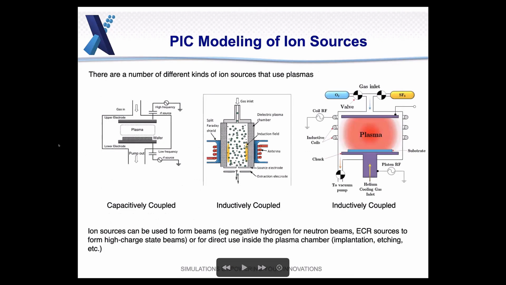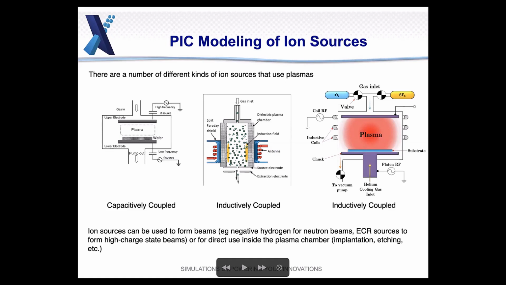First off, there are many different kinds of ion sources, and they're used for many different purposes. I'm going to focus on ion sources that have a plasma chamber to create the ions. Two examples of these would be capacitively coupled and inductively coupled, the difference being how the plasma is formed. Here's a diagram on the left of a capacitively coupled plasma ion source, and on the right, inductively coupled. You can see it's inductive because there are coils on the outside that are causing a magnetic field to heat